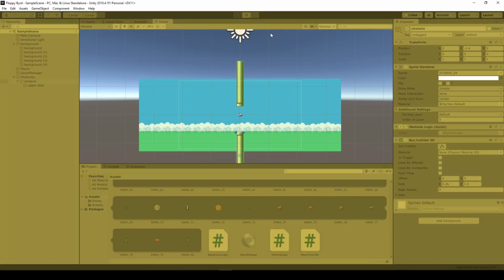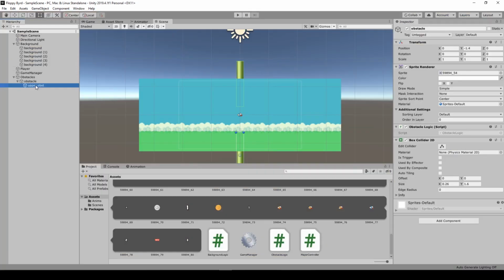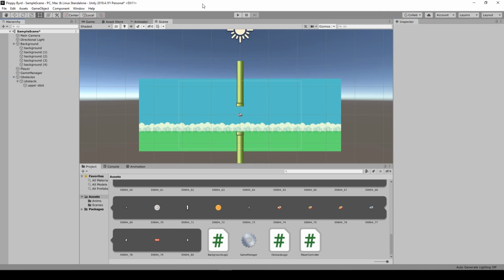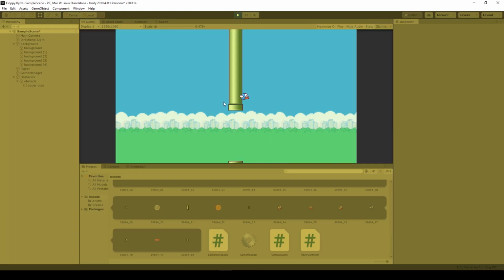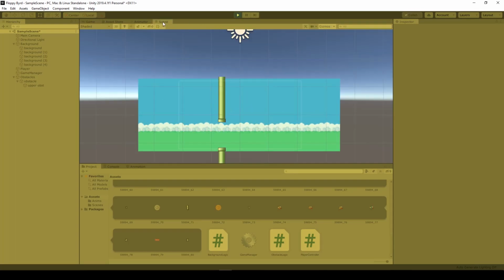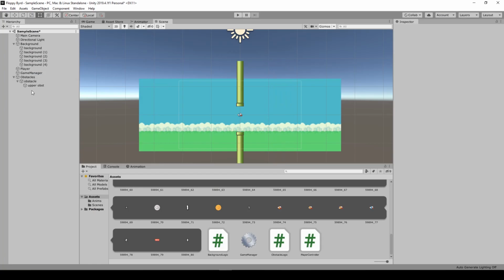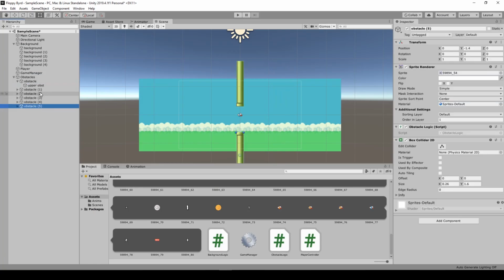And when we press play, if we do not forget to change the order in layer to 1 so that it always is above the background, we'll see that it is moving to the left side of the screen, and whenever it is very far outside of the visible area, it will be moved. And as you can see, it randomly changed its position on the vertical axis, which is also good because the game will be randomized. Let's create 5 more